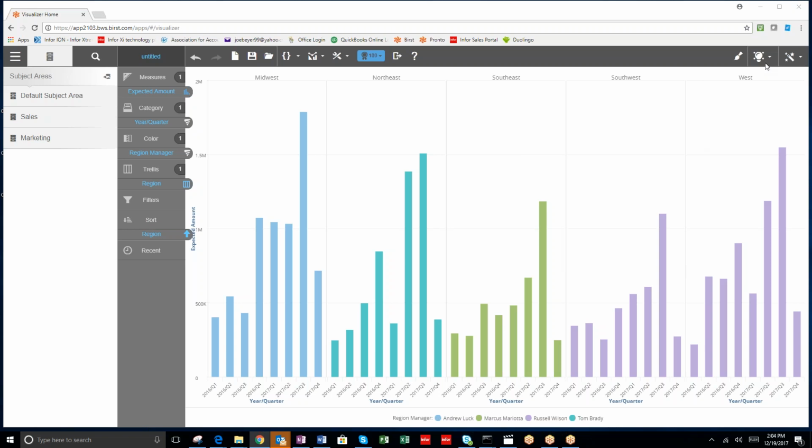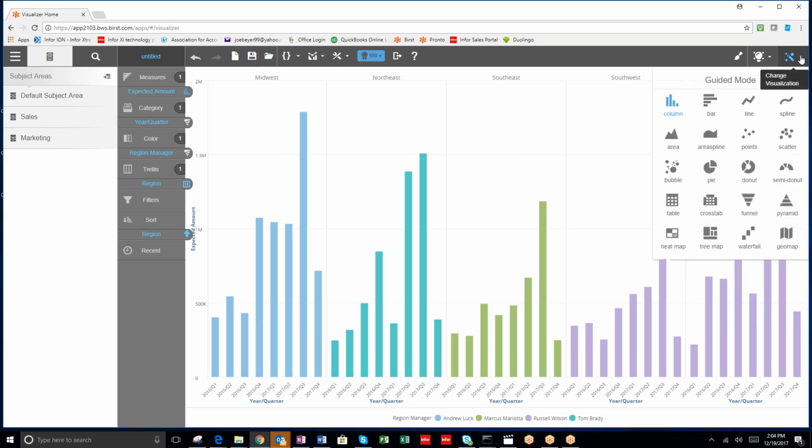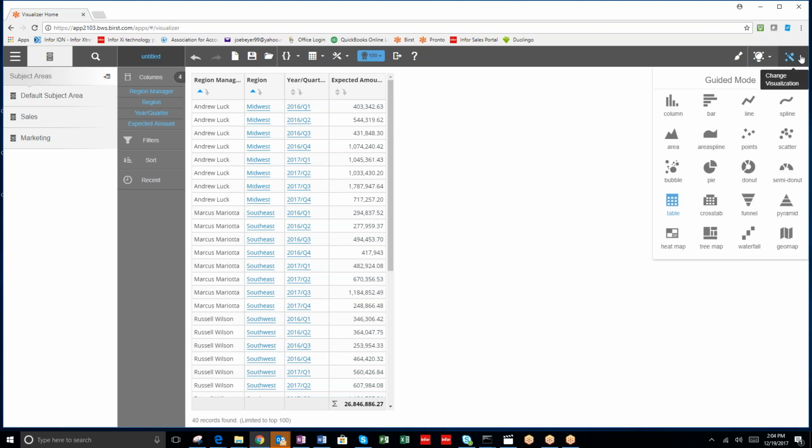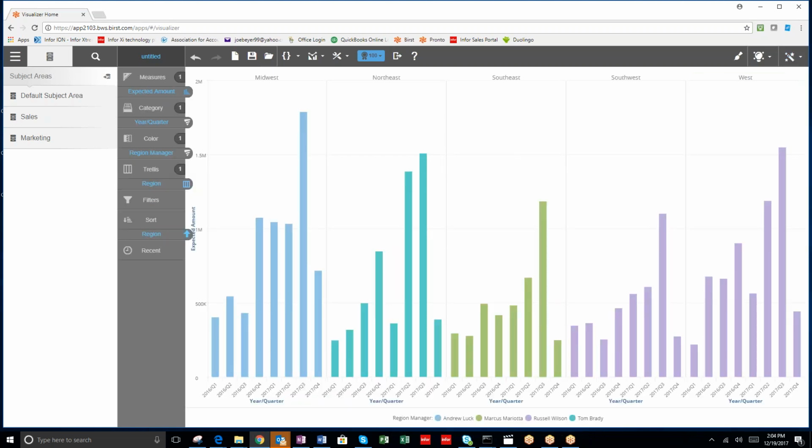Okay, so a business user might want to do something because they're used to it, convert this kind of report into a table, and then you can always dump the report out to Excel. So we can export this to Excel or PDF or something else. But we want to do something a little bit better than that. So instead of going to IT maybe, having them create something new, giving you a new report that you can dump out to Excel or do it yourself here, what we can do with Birst, which is a great feature